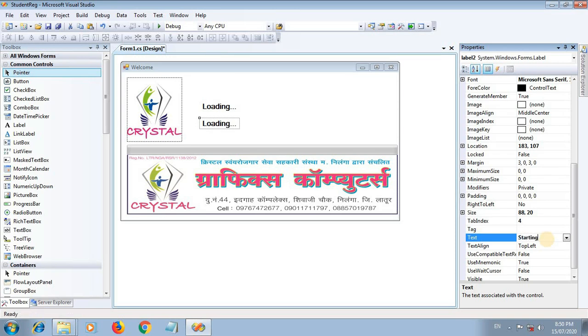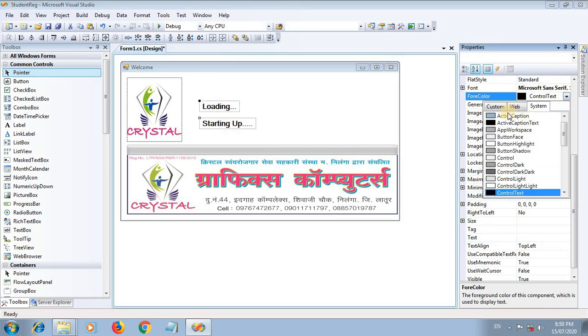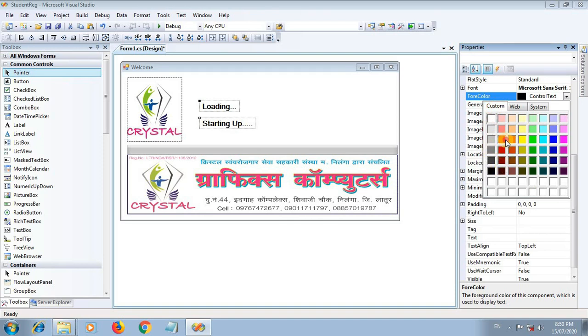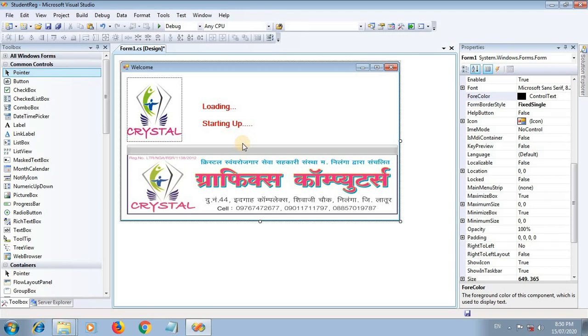Okay, so we provide some information, starting up. You can also change the font color. Select the label and go to the properties window. From the properties window go to the ForeColor property and choose whatever color you want. I'm using a red color here.